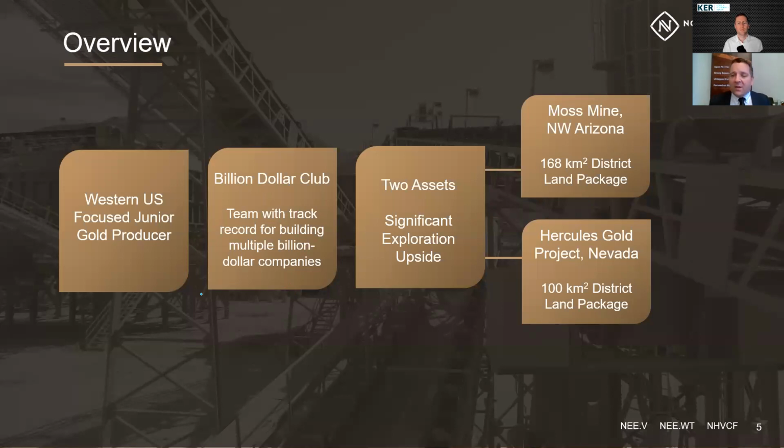So what is Northern Vertex? Well, as I said, we're a Western US gold producer. We've got a pretty strong group of individuals managing the company. We quasi refer to that as the billion-dollar club: people who have taken companies from essentially nothing to more or less a $1 billion market cap. There are two assets, the Moss Mine and the Hercules exploration project in